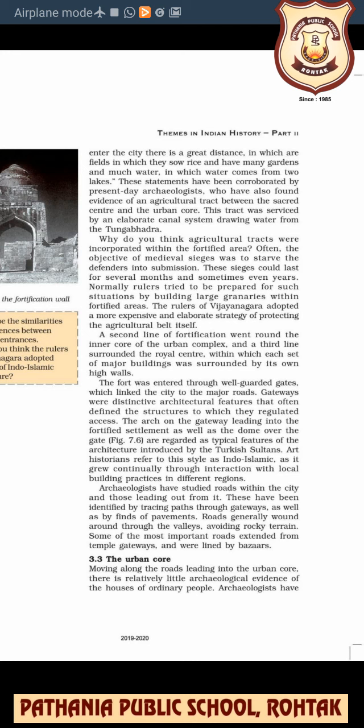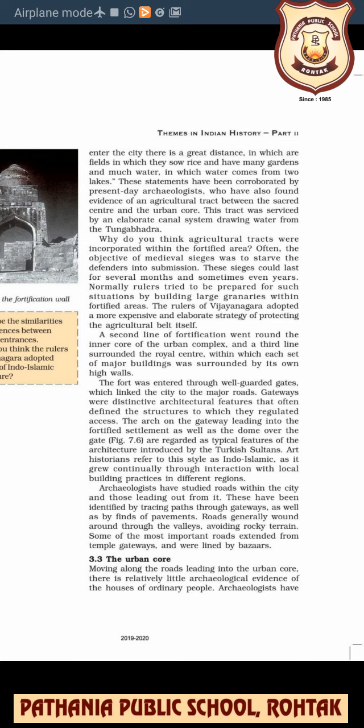There were the quarters of rich traders also. Even a few tombs and mosques are located. They also have distinctive functions, and even their architecture resembles that of the mandapas found in the temples of Hampi. Means those tombs have the same architecture that was used in the temples of Hampi. And even the other houses,